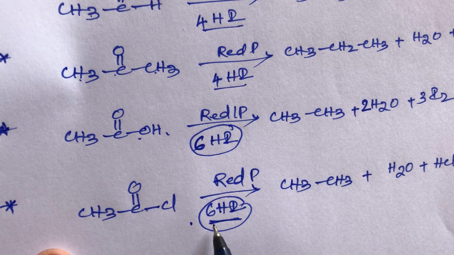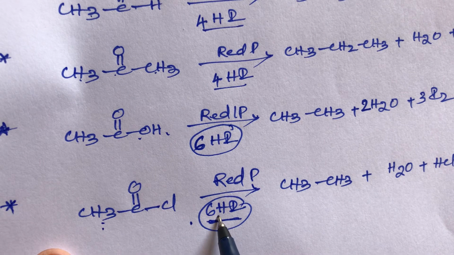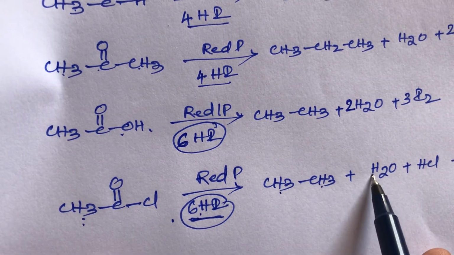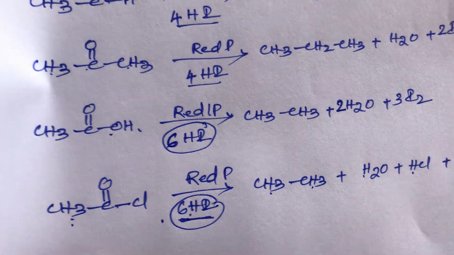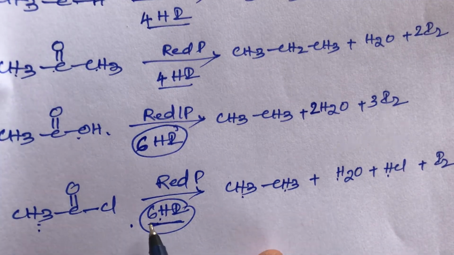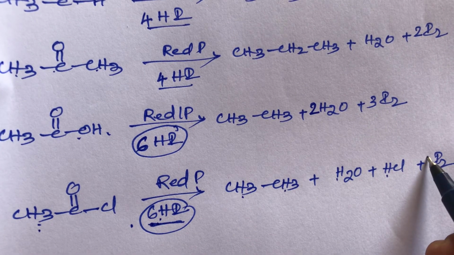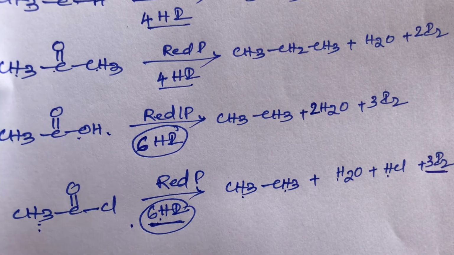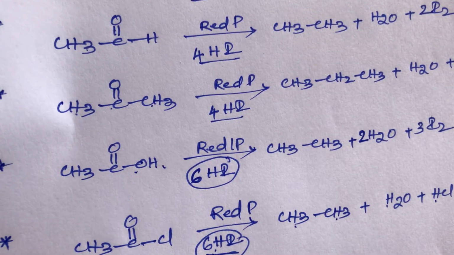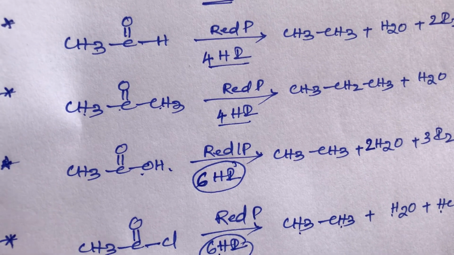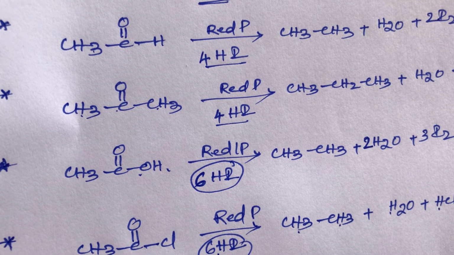So here total 6 plus 3, 9 hydrogens are on the left hand side, and on the right hand side also same thing, student: 3 plus 3 is 6, plus 2 is 8, plus 1 hydrogen from HCl is 9. Okay, everything is balanced, and iodines on the left hand side are 6, and on the right hand side 2 iodines per I2, so here 3 moles of iodine. So these are the simple tricks, student. This is the simple trick for reduction of alcohols, aldehydes, ketones, and acid chloride and ester, student.